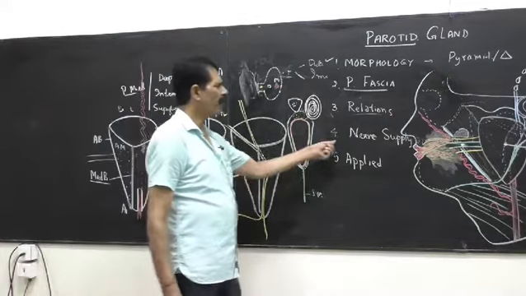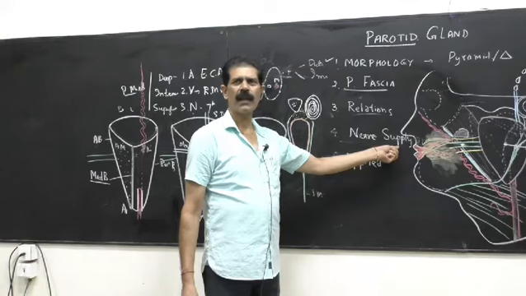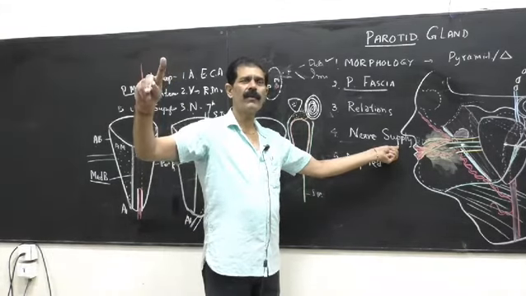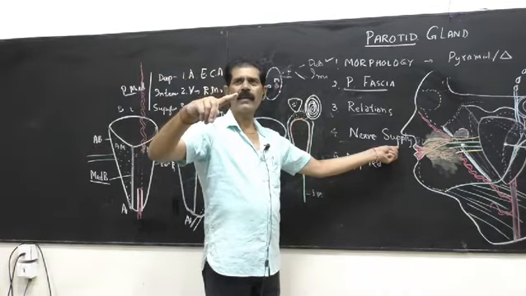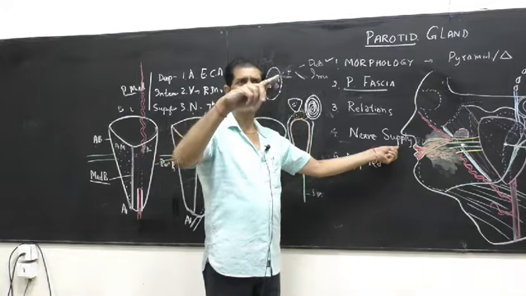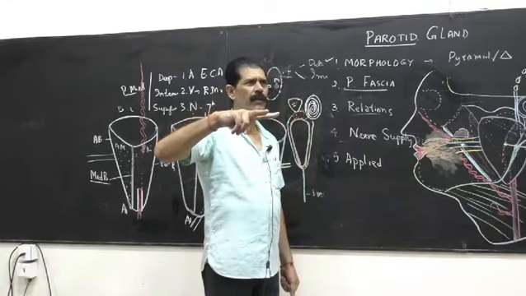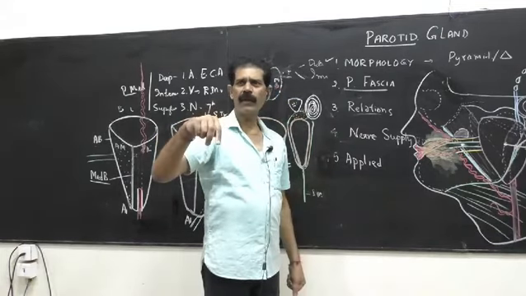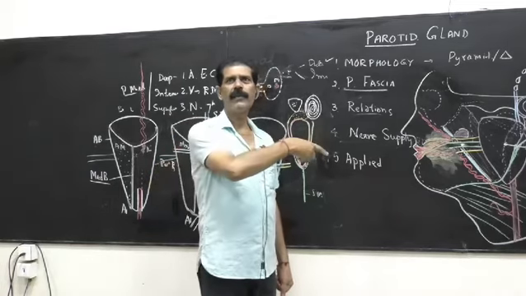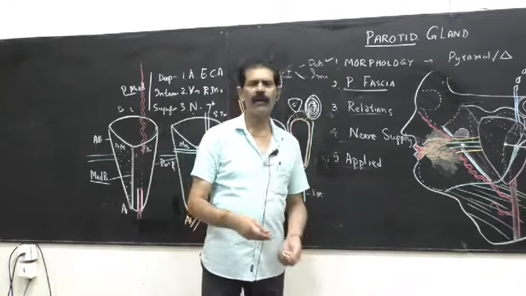Nerve supply we have already done. Otic ganglion we have covered, parotid branch, and how the secretomotor pathways go: start from the medulla, inferior salivatory nucleus, tympanic branch, tympanic plexus on the promontory of the middle ear, then lesser petrosal nerve, foramen ovale, otic ganglion, two roots of the auriculotemporal, jump into them, go into the parotid duct and into the parotid branch. They are secretomotor fibers. So that you have to again repeat here. That is nerve supply. The applied we have already discussed.